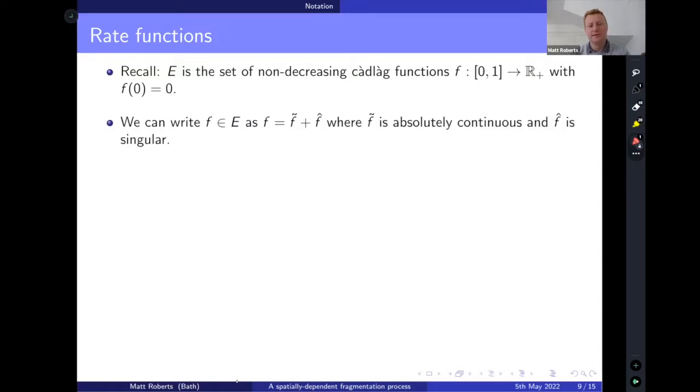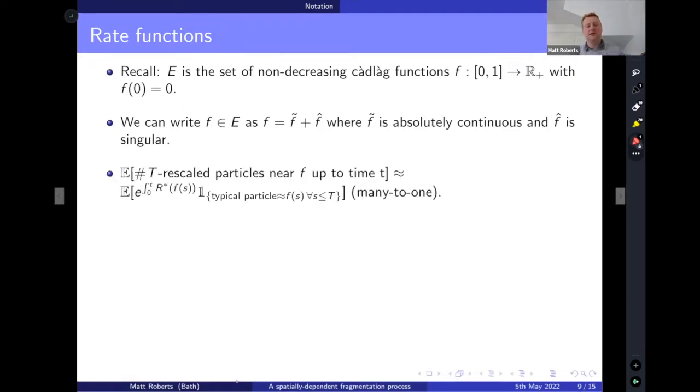Okay, so to state our theorem, or to figure out what our theorem should be, just note that for a càdlàg non-decreasing function f, we can write f as an absolutely continuous part plus a singular part. So you can think of f hat here as the jumps in f. So if f doesn't have any jumps, then f hat will be 0, and we don't have to worry about it. And we think about the many-to-one formula that Jason talked about, mainly in lecture 2, I think, of his course,